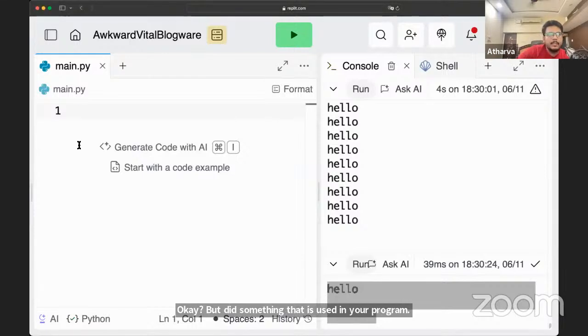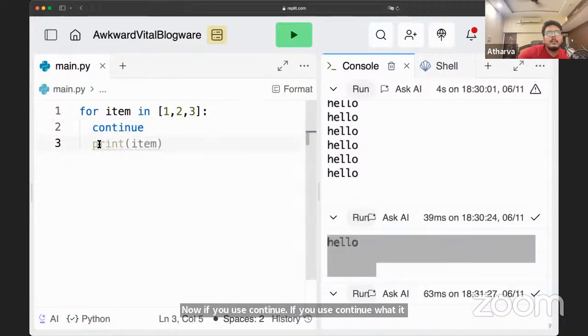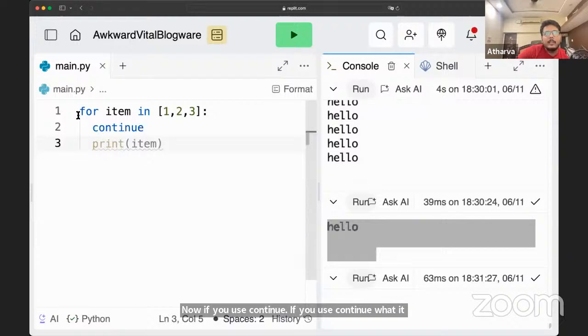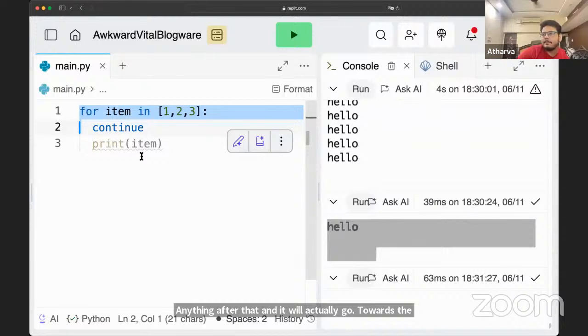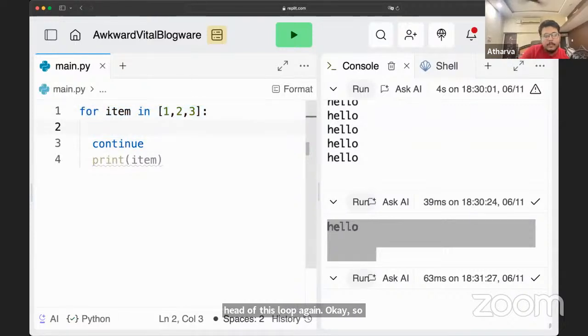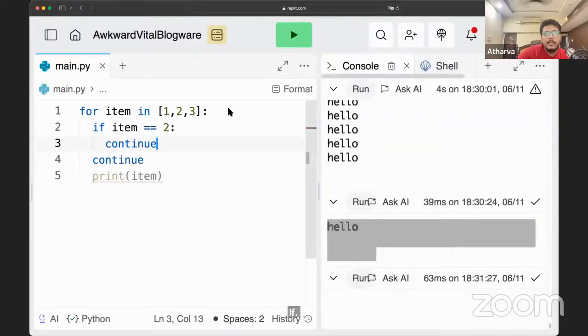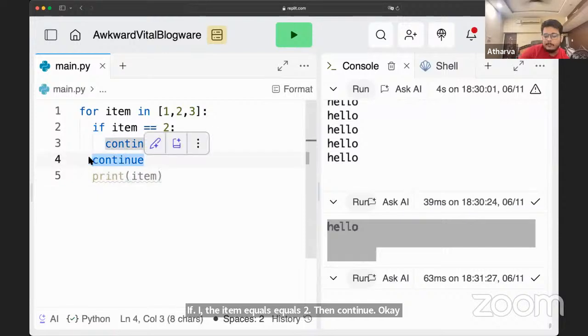For example, you have something like this. Now if you use continue, what it will do is skip anything after that, and it will go towards the head of this loop again. So let's try to understand it. If item equals 2, then continue. Let's see what we'll get.